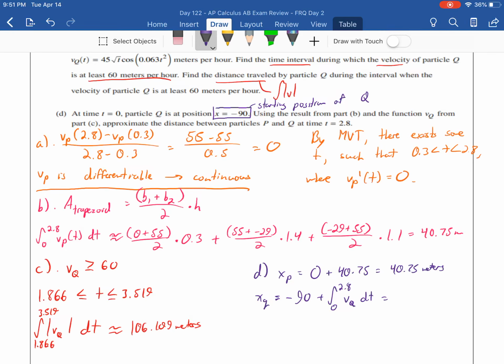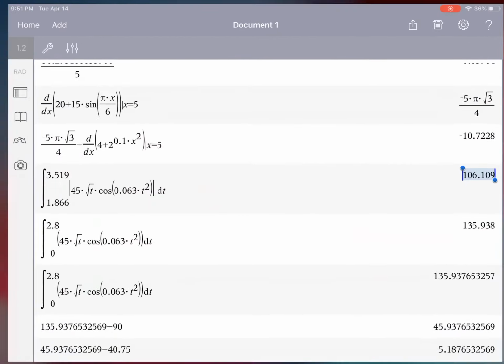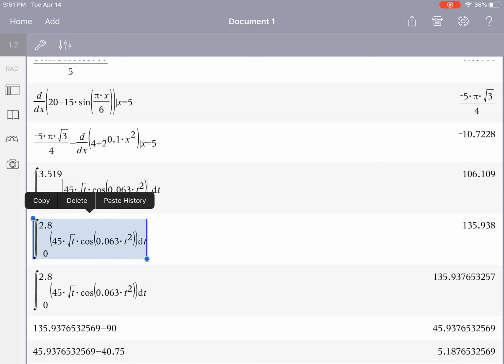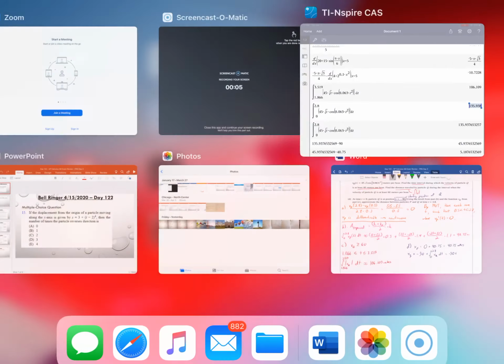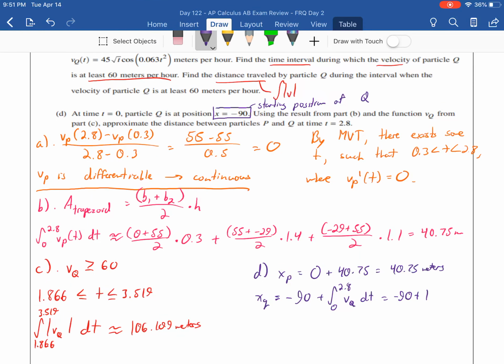Okay? So once again, we just plug that into a calculator. So you should get negative 90 plus the integral from 0 to 2.8, and you should get 135.938. So negative 90 plus 135.938 is 45.938. So if we just add those two, you end up with 45.938